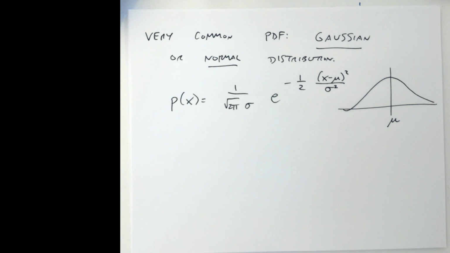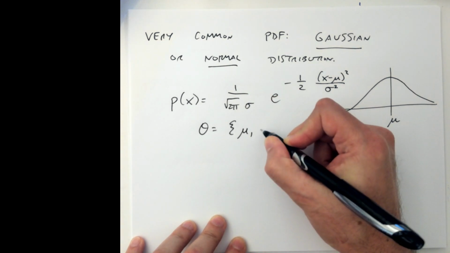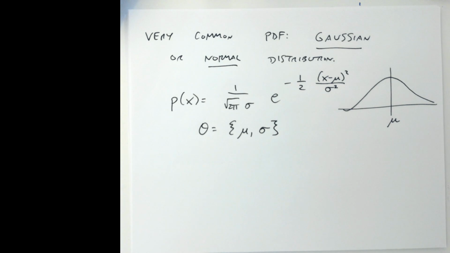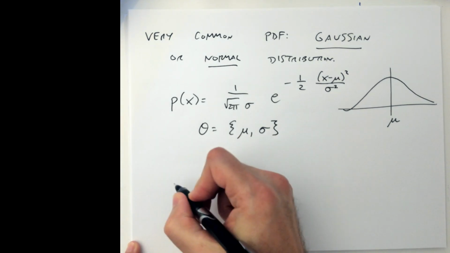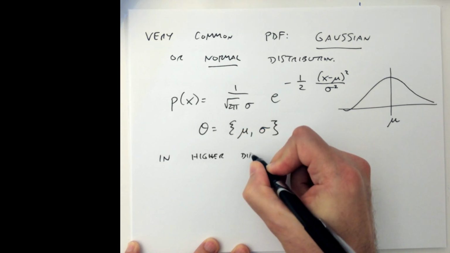And so here, if I'm thinking about this as a parameter estimation problem, my theta that controls the distribution consists of mu and sigma, right? If I tell you those two numbers, I've told you this whole function. And in higher dimensions, we need to have more numbers. So in higher dimensions, the Gaussian PDF